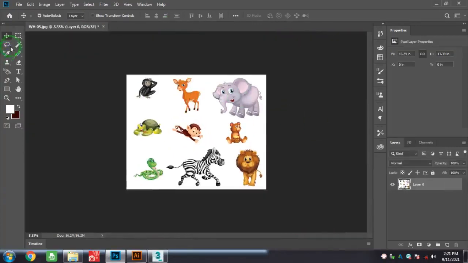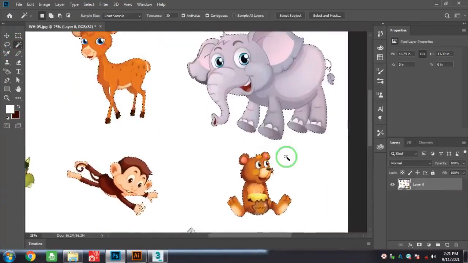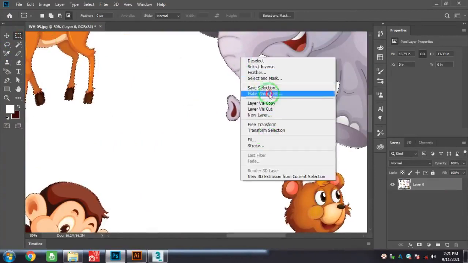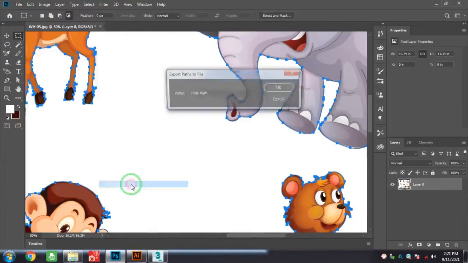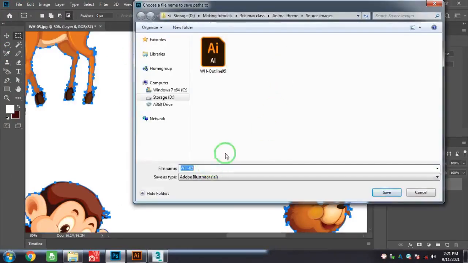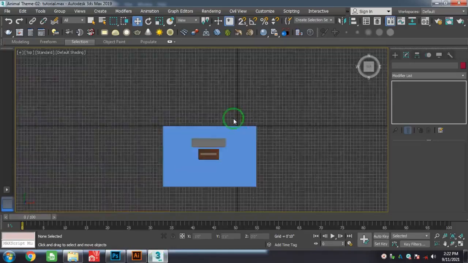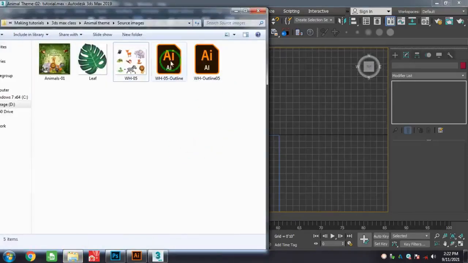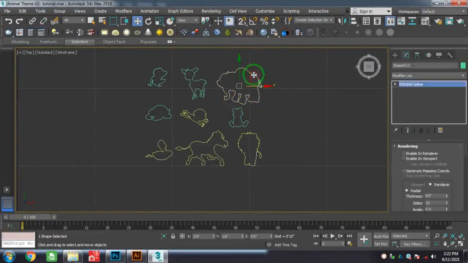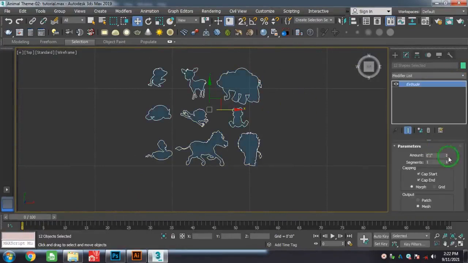Using my magic tool, I just select the background and Control I for reverse, and right click and make work path, and you have tolerance here. You just give one to export and export paths to Illustrator. You just import the exported outline in 3ds Max and select all the lines, and you just go to modify and